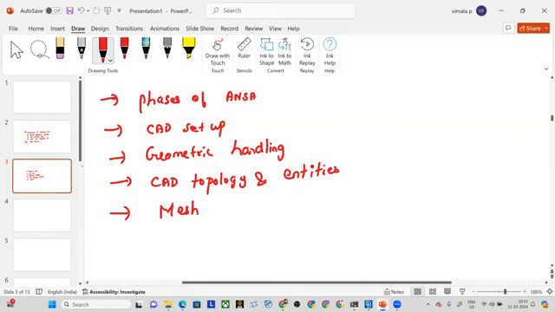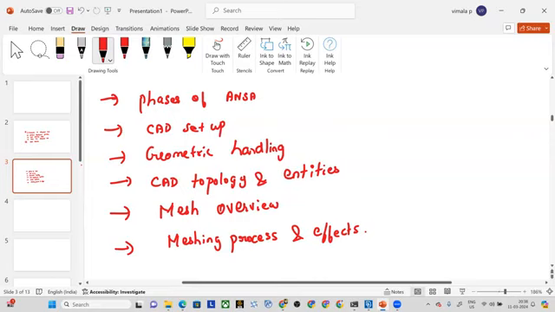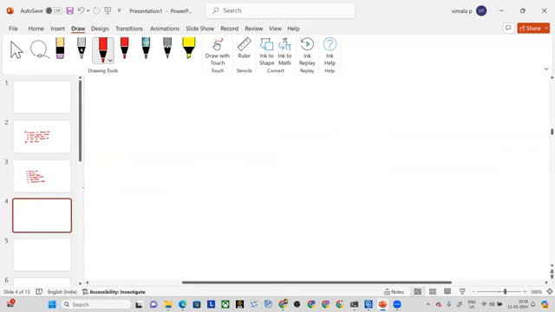So what are all the different meshes available for 1D, 2D, and 3D components, and how to mesh and how not to mesh. In general, I can say that this will be the mesh overview. Then we'll be seeing about the meshing process, which is more critical. Based upon whatever type of analysis you choose, the answer will actually vary. So the different meshing processes and their effects on the components will be studied. So this will be our second module, and the third one would be